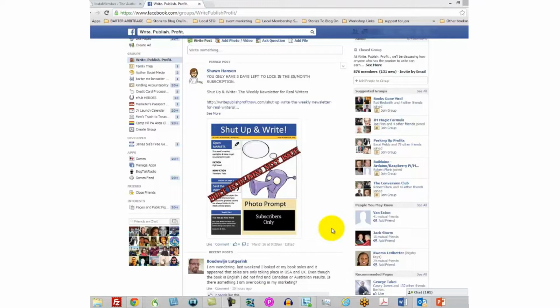Now, there are a number of things, obviously, that you're going to need to do inside of the group. You're going to need to post content. You're going to need to keep discussions going. But this is a way for you to earn money if you have a specific area of expertise, or a specific passion that you want to pursue.